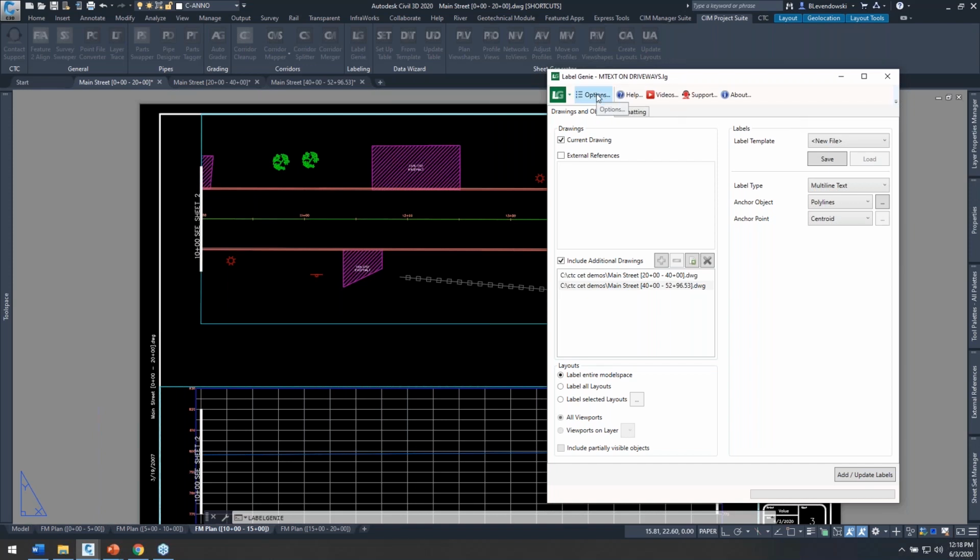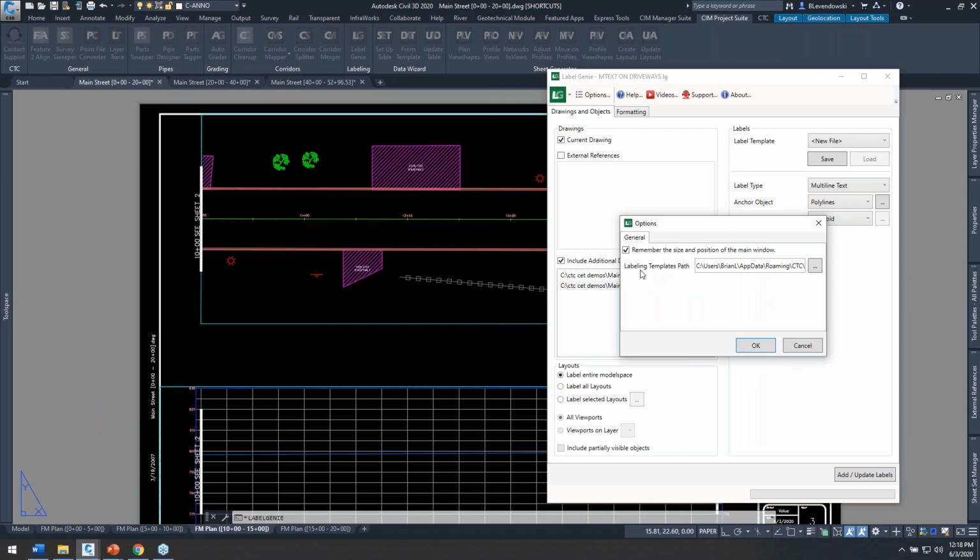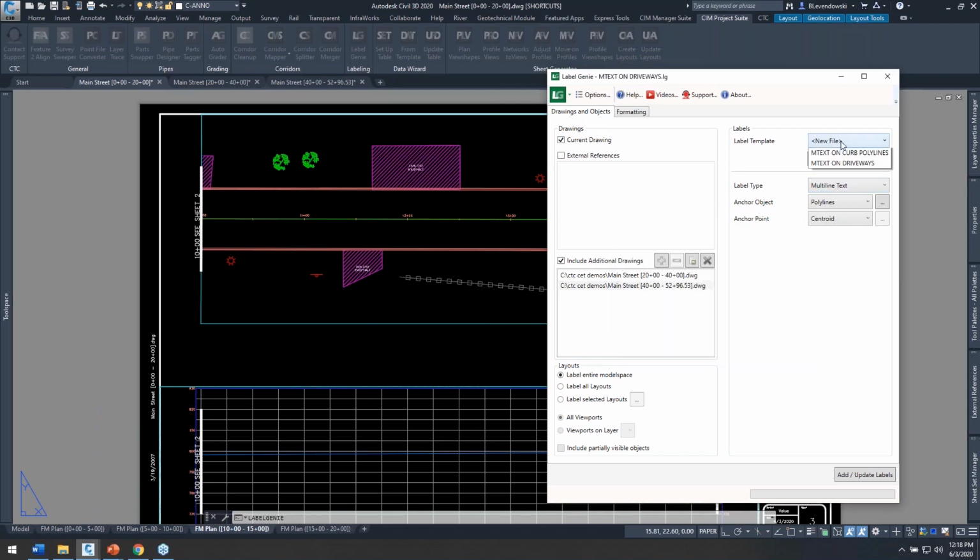But in options right up here, there's a path where your labeling templates are stored, okay? That's what this dropdown is populated from. That's where it saves to when you click the save button,